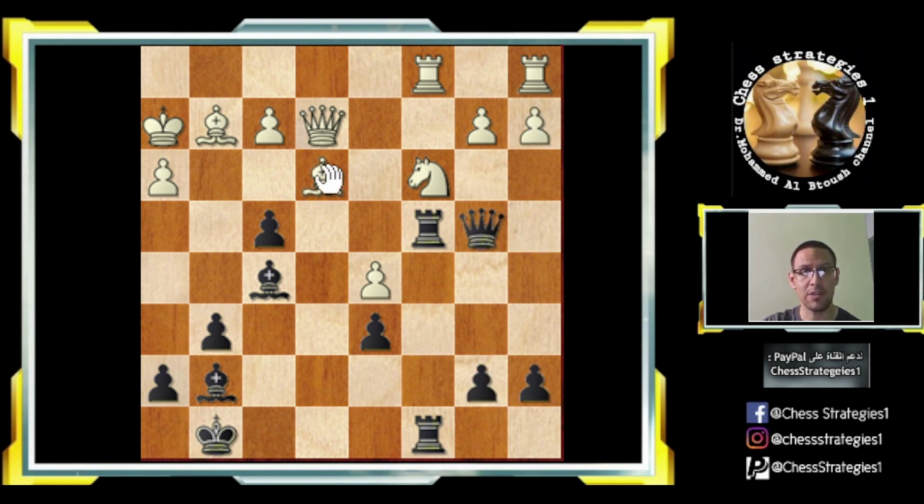But now things are not that easy, because if bishop takes, then queen a5. Now black has this square and the white bishop is trapped on a7. So bishop d2 is already a mistake, a very natural move, of course. I'm pretty sure everyone is going to play bishop d2 here, but it's a mistake. Why? Because after, let's say, bishop e5, black's position is super nice, but okay, he played queen takes, which is again